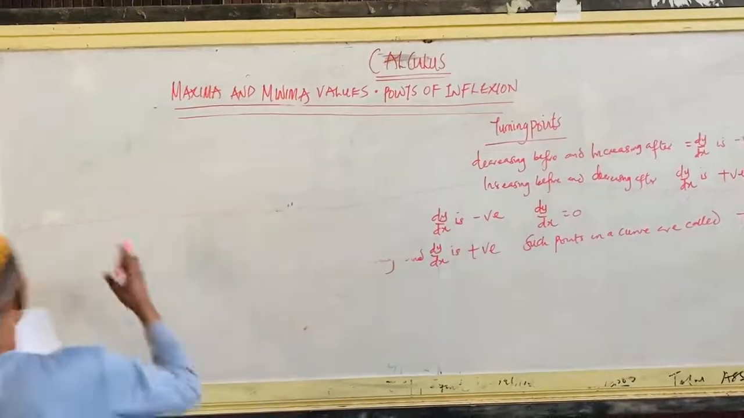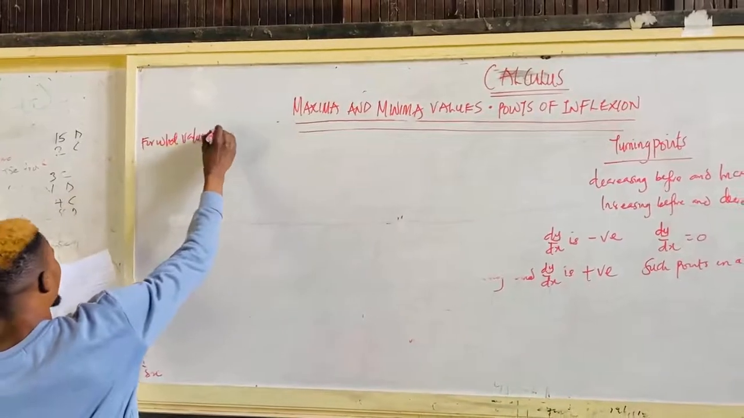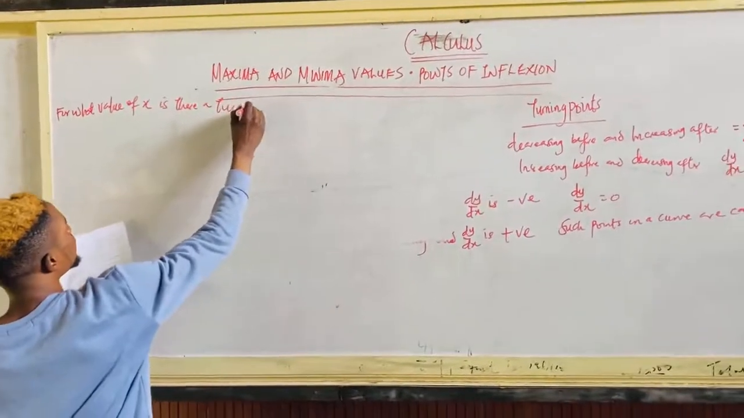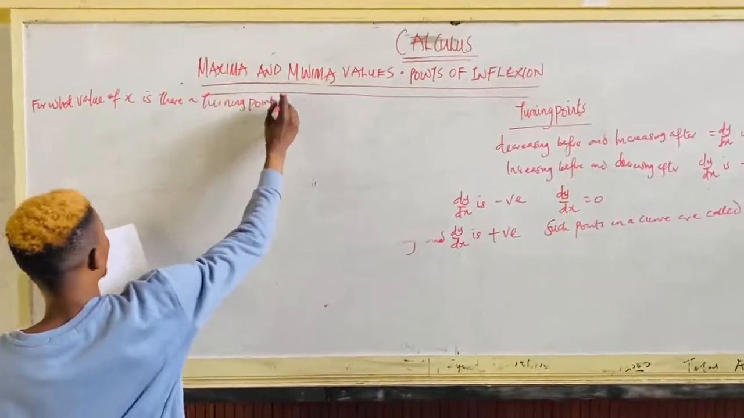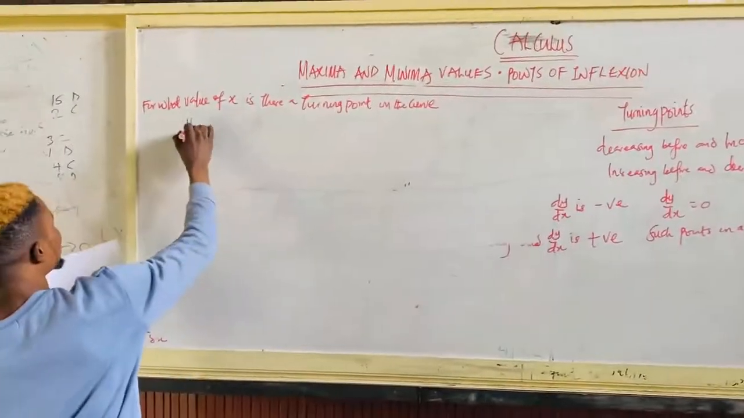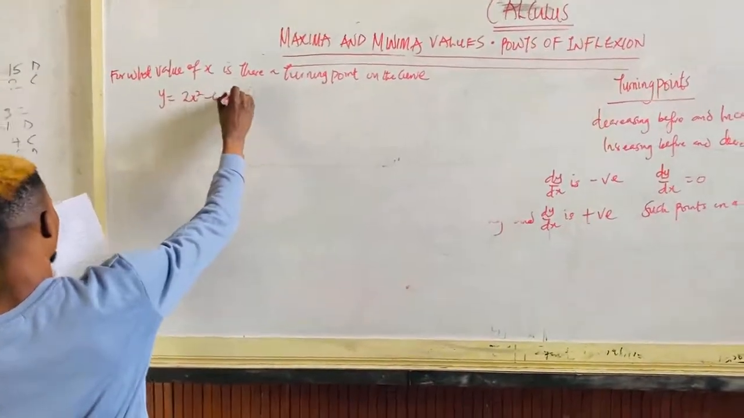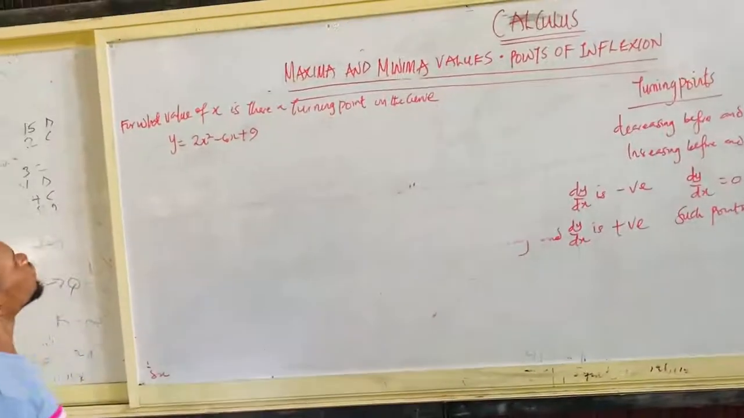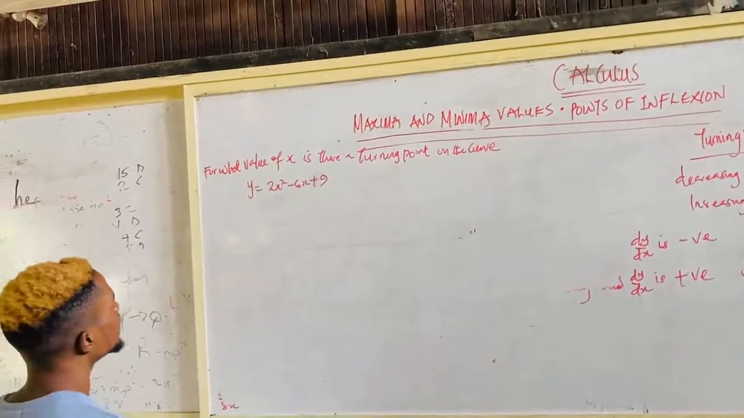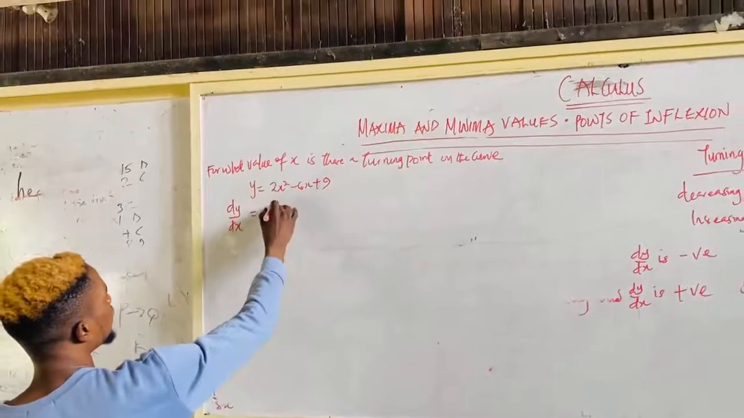we have this question: for what value of x is there a turning point on the curve y is equal to 2x squared minus 6x plus 9? Now let's take dy/dx, since y is a function of x, so that's 4x minus